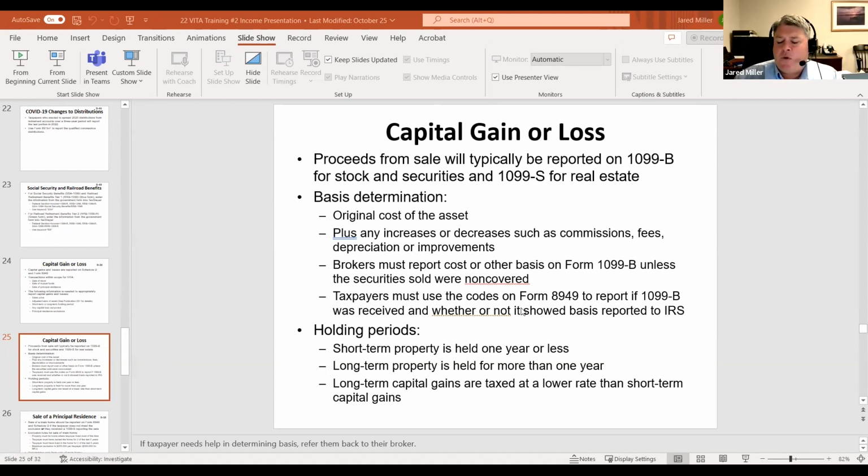Just basically means, was the basis reported to the IRS? If it was, we're in great shape because now the government knows the sales price, they know what the basis was, so we're in pretty good shape. We can summarize that activity. Now, it might be a code B that we'll see on those forms that says it's a non-covered transaction and the basis is not reported to the IRS. We still need to report some basis to the IRS. And basis is going to be however much we paid for the asset. So hopefully we have that number.